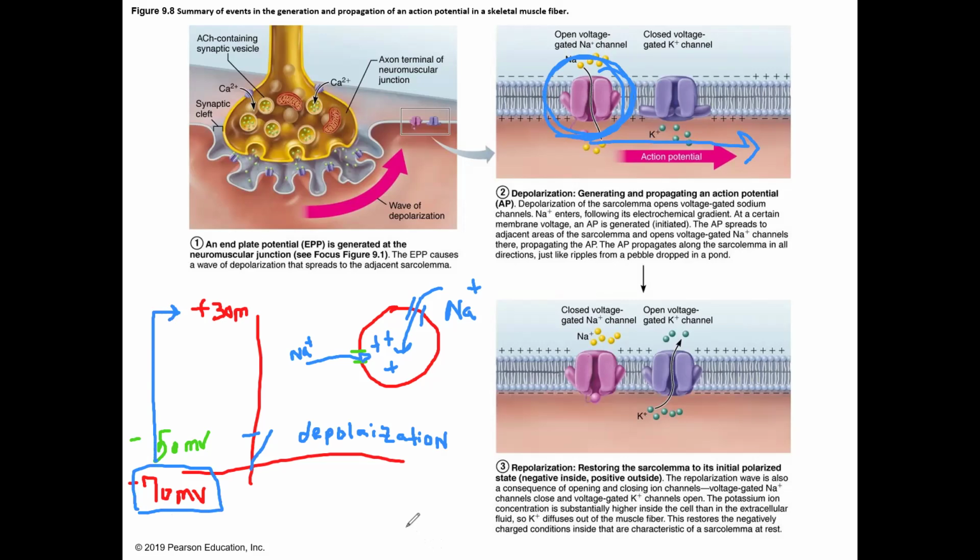So if I create an action potential in a skeletal muscle, the muscle will contract. Now, neurons can communicate to other targets like glands. If I create an action potential in a gland, well, the gland's not going to contract. It's going to release whatever it makes. Neurons can also try to excite other neurons. And when they do that, you create an action potential. But a neuron is not going to contract. It's going to, when it gets excited, release